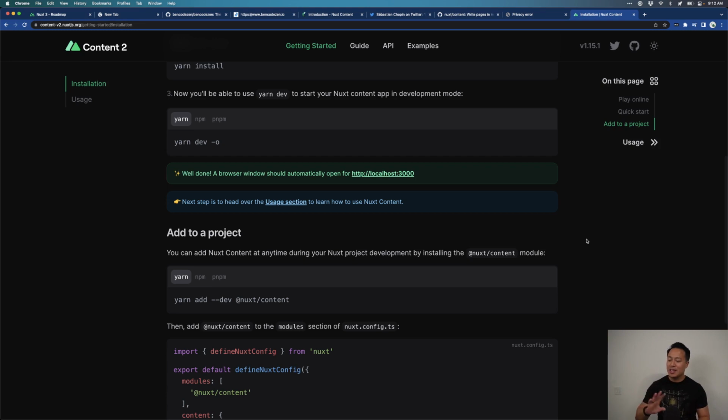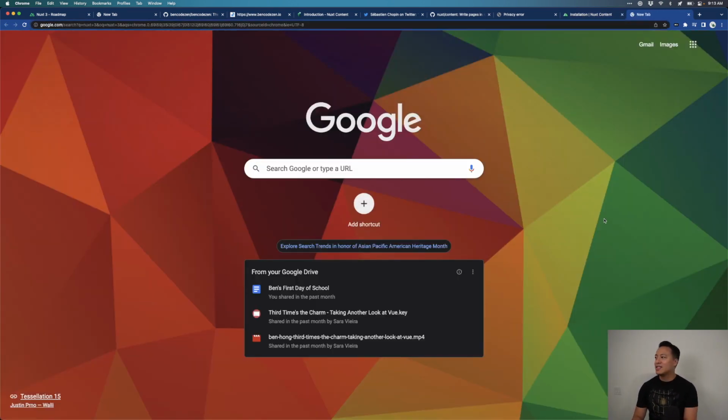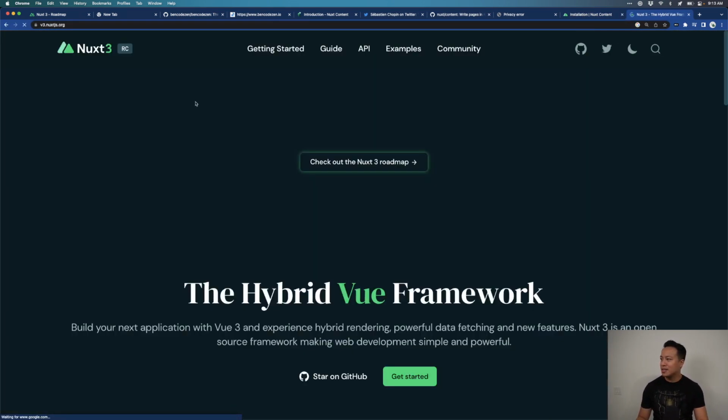basically a first look at Nuxt Content V2, because apparently it is live and public. And even if it is some kind of leak, clearly it's public. Because I know the team, if they really wanted to keep it on lockdown, they certainly would have done so. So in that case, let's play around with this. All right. So first things first, just so everyone's on the same page, let's just follow the docs, shall we,